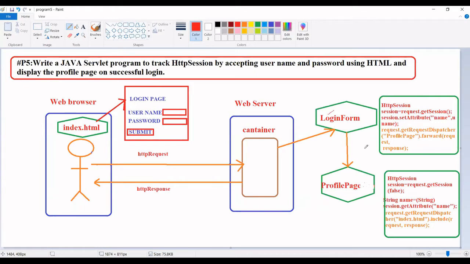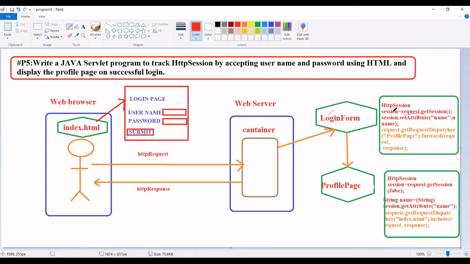Now, in the login form, it is going to create one HTTP session object. How do you create the HTTP session object? You use request.getSession, and one session will be created. That session will be stored in this session object.